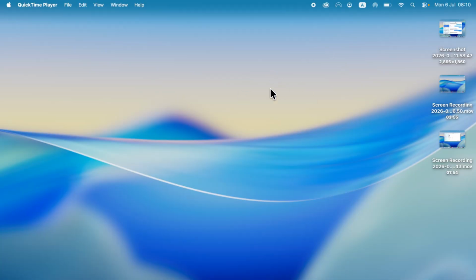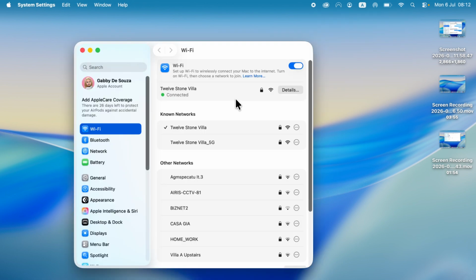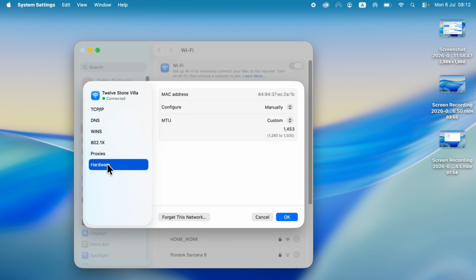Now the first thing you need to do is come over to your Mac desktop like this, click on the Wi-Fi symbol, and then press Wi-Fi settings. Now from this page, click on Details next to your Wi-Fi connection. Make sure Low Data Mode is turned off and disabled like this, and then click on Hardware from the left-hand